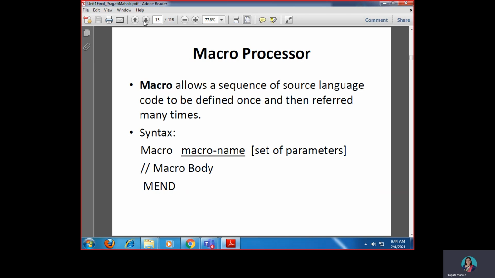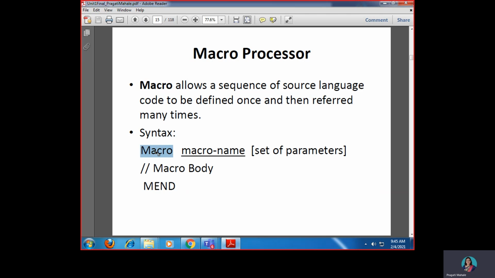The next is the macro processor. A macro allows a sequence of source language code to be defined once and then referred to many times. There is a sequence of code which is repeated again and again or executed multiple times. If there is such a set of lines of code which is called multiple times, then we write that set of code into a macro.